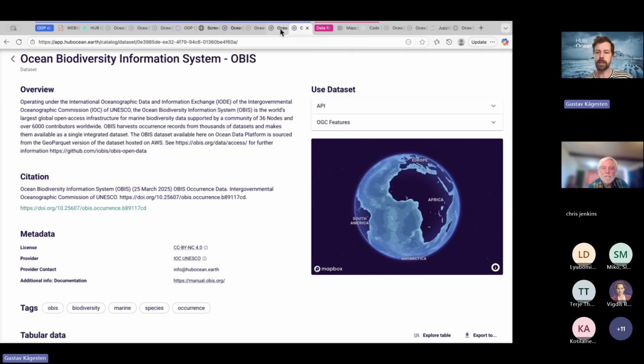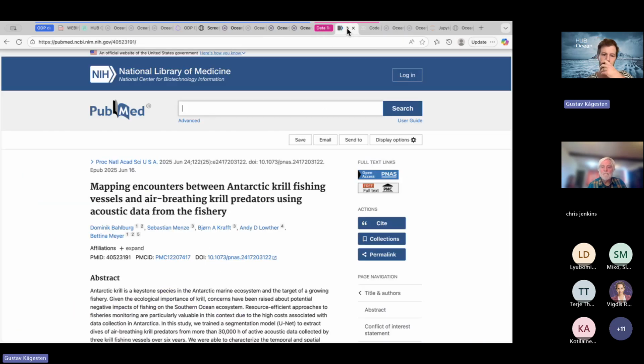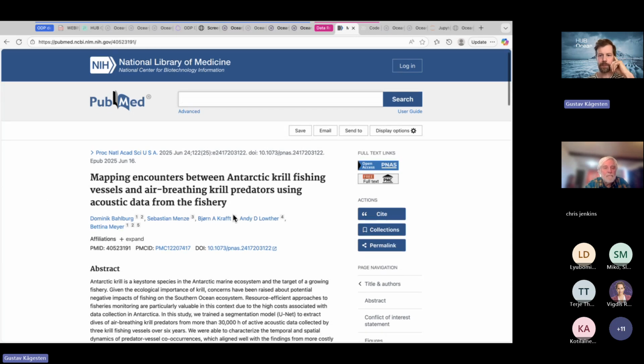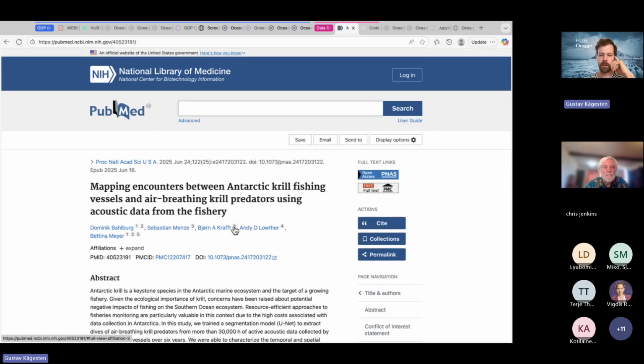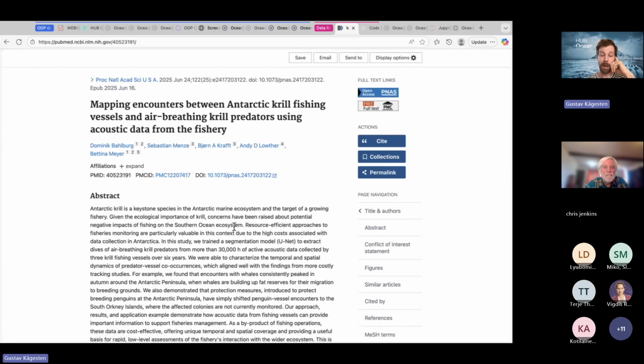Okay, last thing I'll show before I hand over to Chris. This is going to be an example of some industry data that was shared, and I'm starting with just what was published. When data is published, it often ends up in a repository if we're lucky. This one used industry data shared through one of our partners, Aker BioMarine, now Aker Krill Company. They did some work on acoustic data and published a krill data set, or actually a predator-prey data set from Antarctica.